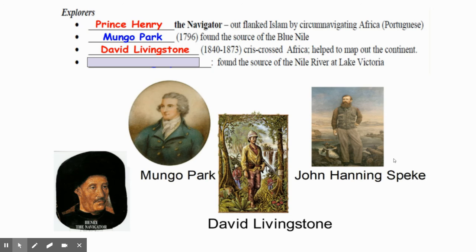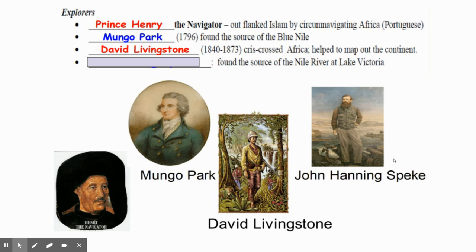David Livingstone is kind of a well-known fellow because of some of the craziness that happened in his life. He starts off as a missionary, and during his lifetime, he crisscrosses the continent of Africa, and in that time, he maps out the continent. But what's interesting is, at some point in time, he's going to disappear for a while, and people start worrying about him. And at some point, the newspapers are going to hire someone to go out and find him. And eventually, Livingstone is going to be found.